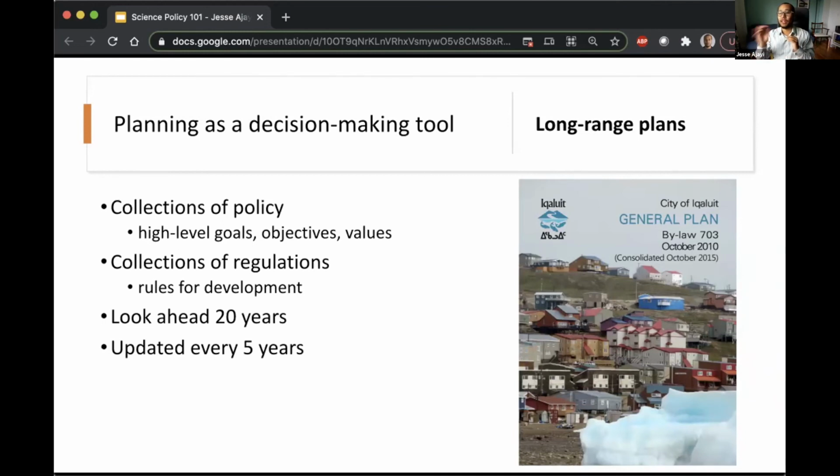So like I said, they look ahead 20 years, which also is an opportunity, because if we're talking about things like climate change or the environment, we can encourage folks to consider some of the long-range impacts that might not be apparent now, but because they're updated every 5 years, there's more opportunities to adapt them. And in addition to these regular update periods, they can be amended at any time. It's not an easy process, but an amendment can be initiated at any time by community members.